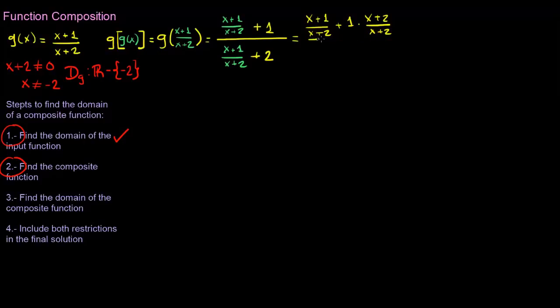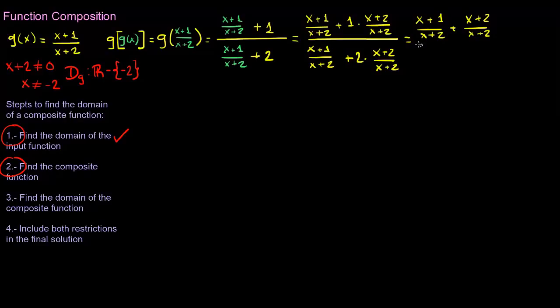I'm going to do pretty much the same thing in the denominator here, but with this positive 2. 2 times x plus 2 over x plus 2. And then I will just get to this simplified expression, which would be like this in the denominator, and here below,